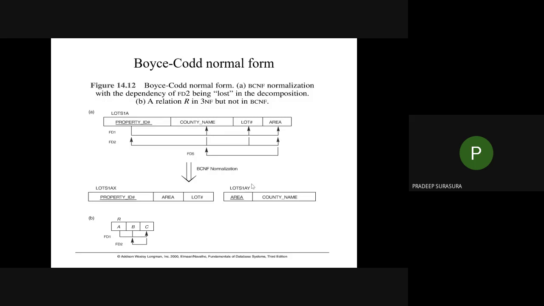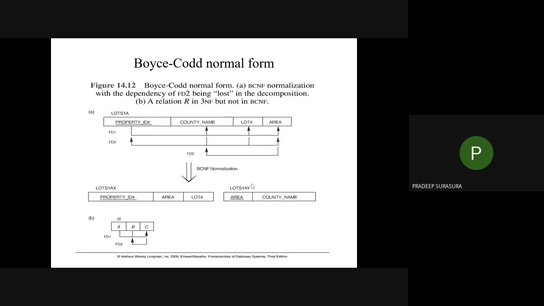For the background of this particular FD, what is it? Imagine in one country, I am giving the area, a common area in the whole country. So if I say one plot size is fixed for every citizen, I cannot take more, I cannot take less. I can have multiple plots, but area size remains the same for all the plots. When I plan like this in the whole country, then I can have one FD like that, area determining